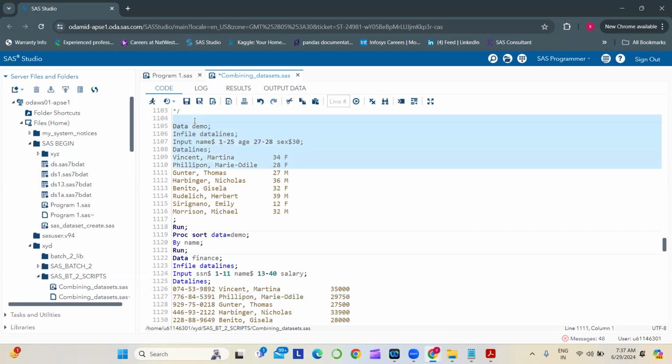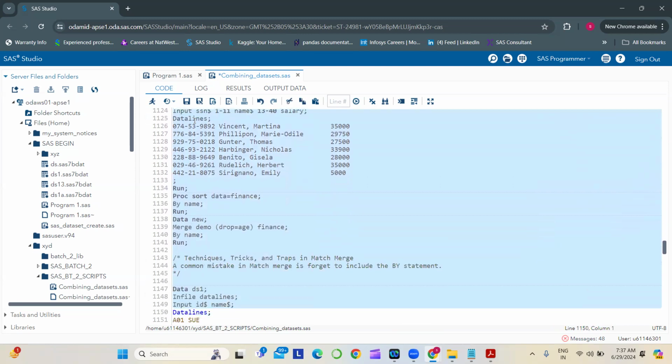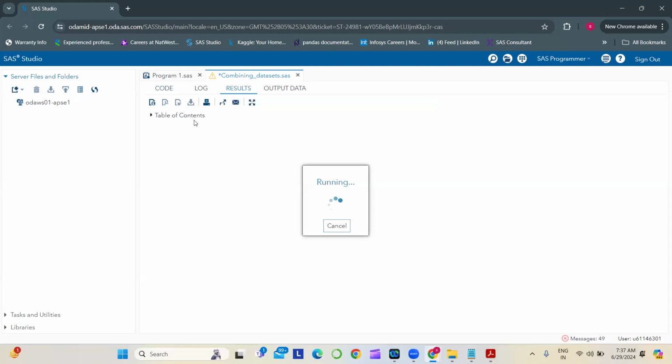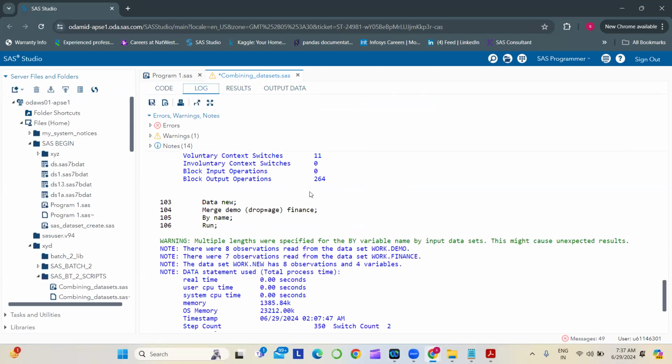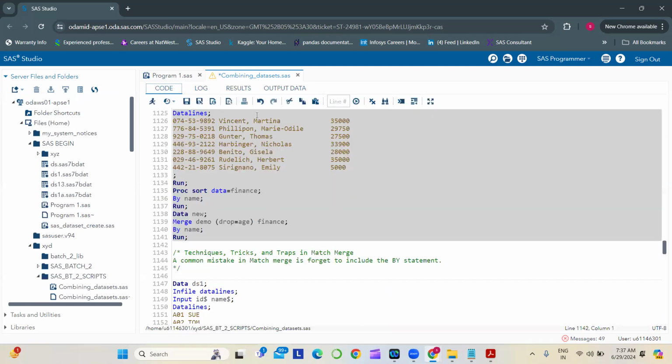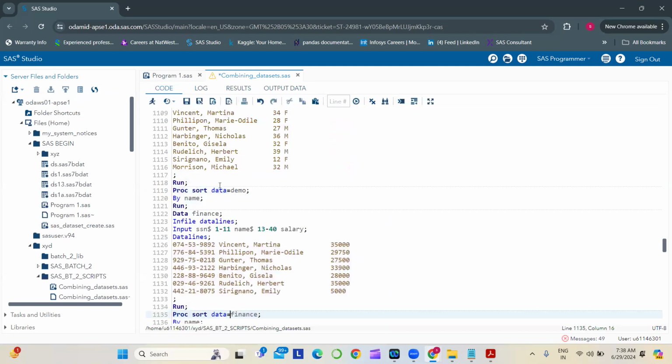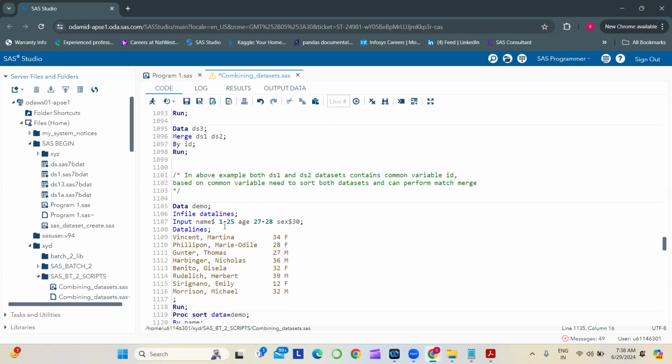We'll see. Okay, and we're sorting it based on what is the error? What is the warning here? Multiple lengths. That's okay. We'll see what happens with multiple lengths. If you see here, I used